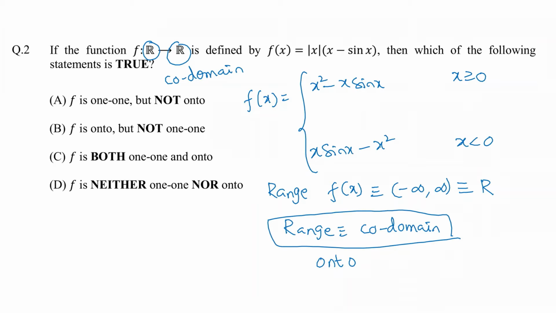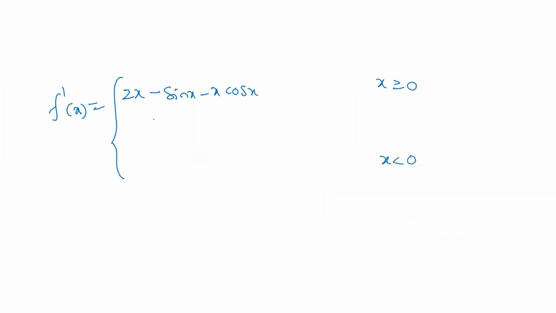So let's see what will happen to that f dash of x when we take the differentiation here. That is going to come as f dash of x equal to x square, which will convert into 2x, and then we have x sin x, right? So when you take the differentiation of x and keep the sin x like that, we'll be getting sin x, minus this is going to come as x cos x, when x is greater than or equal to 0. Similarly, when x is a negative value, the differentiation that we are going to get is simply sin x plus x cos x minus 2x. Okay, so this is the differentiation that we are going to get when x is negative. So now we need to find out what will happen to these values here.